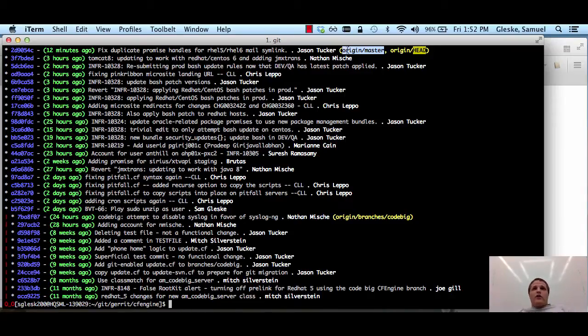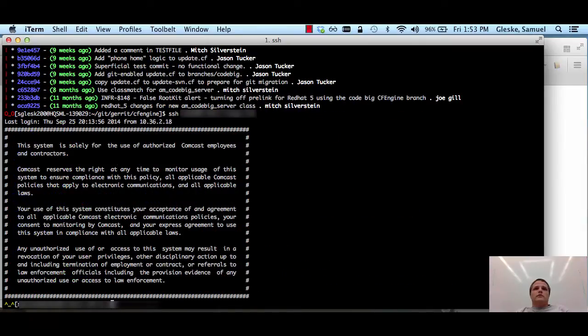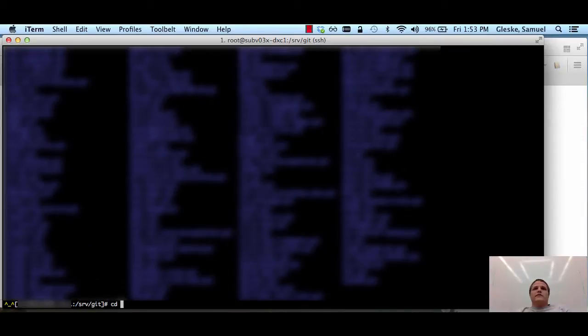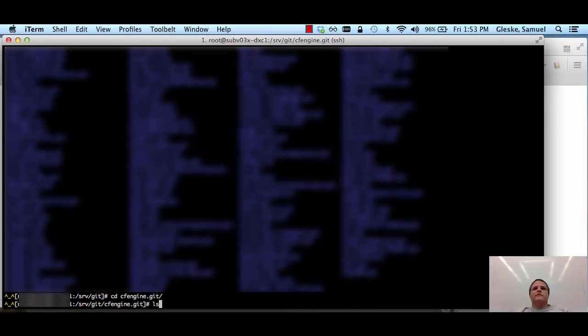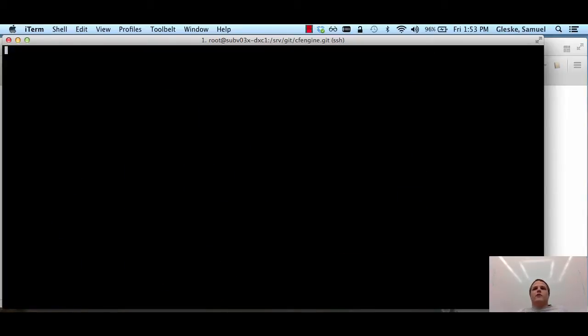So I'm going to give you a quick overview of how Gerrit's changes work. I'm going to log into Gerrit real quick. Let's go to the CFEngine repository, just since we're already messing with this and looking at it. If I do a git show-ref here, you're going to see a lot more references than what